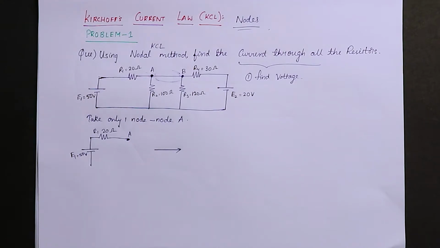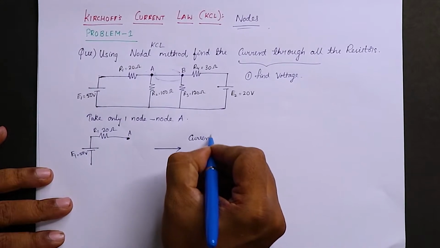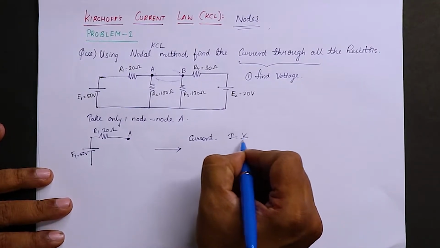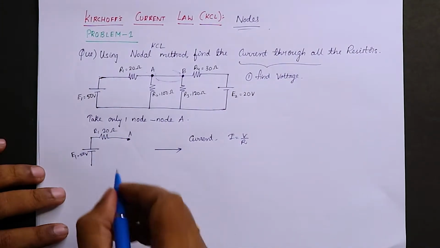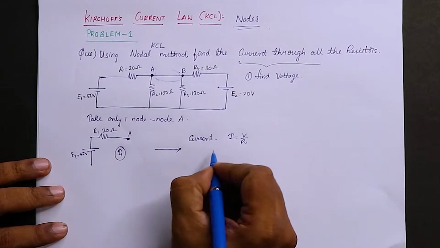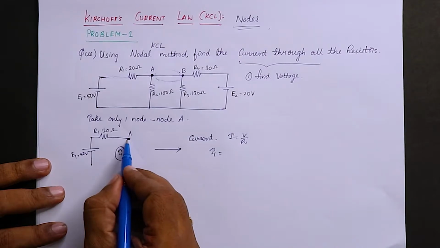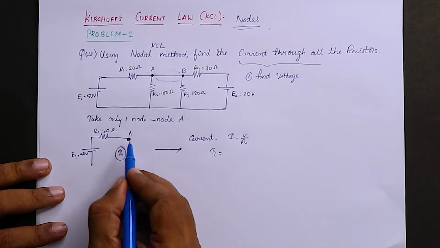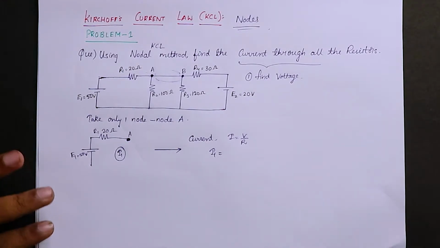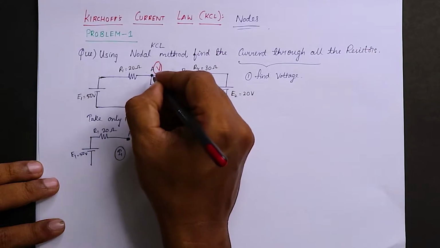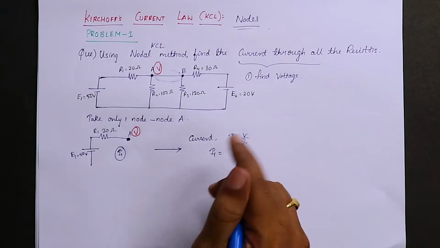Okay, now let me write a current equation for this. Let me find out the current. So from Ohm's law, I is equal to V by R. So you need to find the current in this place. Okay, let us take it as I1. So I1 is equal to V by R. What is V here? We have to find the voltage here also, right? So we'll take the voltage as V, simple V. Here it is V. Okay, now I is equal to V by R.